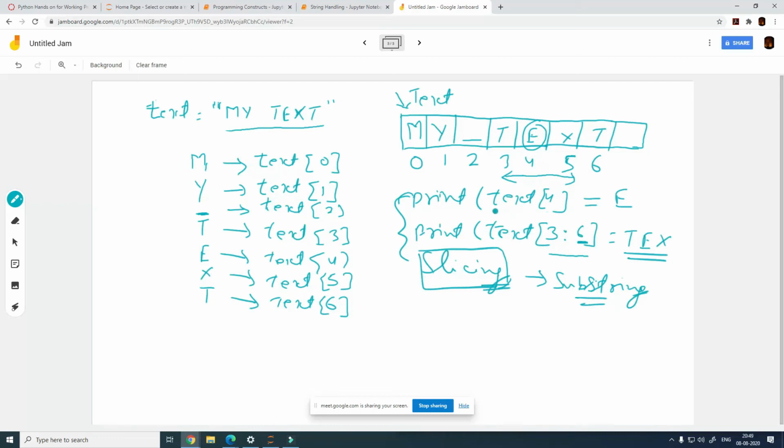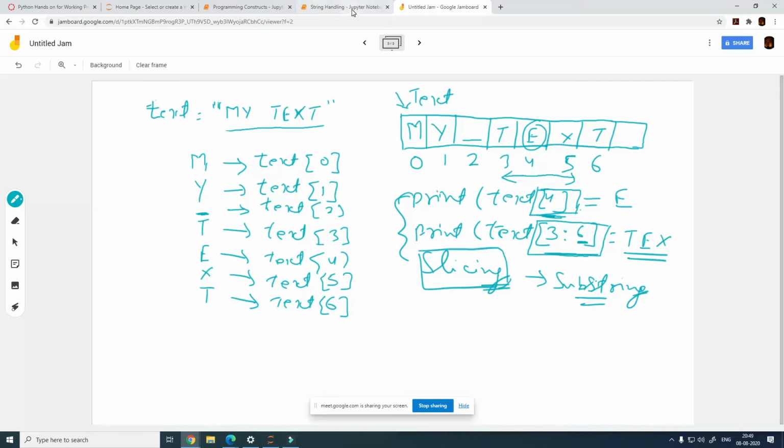And the way we do it is by specifying an index as an individual value or as a range. This is the only concept that we want to learn here. When you specify a range or an index number, you can actually fetch the value of individual memory locations for that text. And I hope this is clear to you guys.